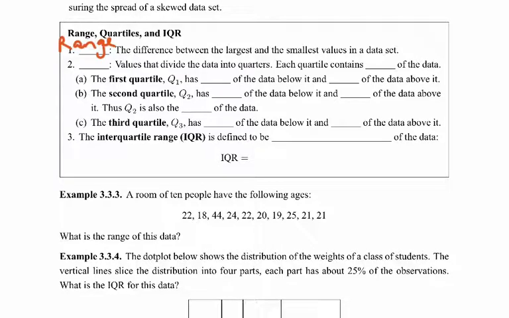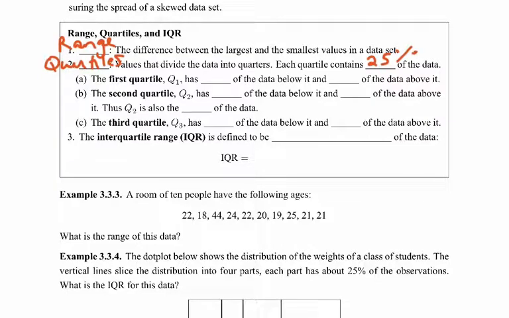So if we take the largest value and subtract the smallest value, that gives us the range for our data. The second bullet, number 2, should be quartiles. Quartiles are the values that divide the data into quarters. If we take all the data and divide it into fourths, basically, each quartile will contain